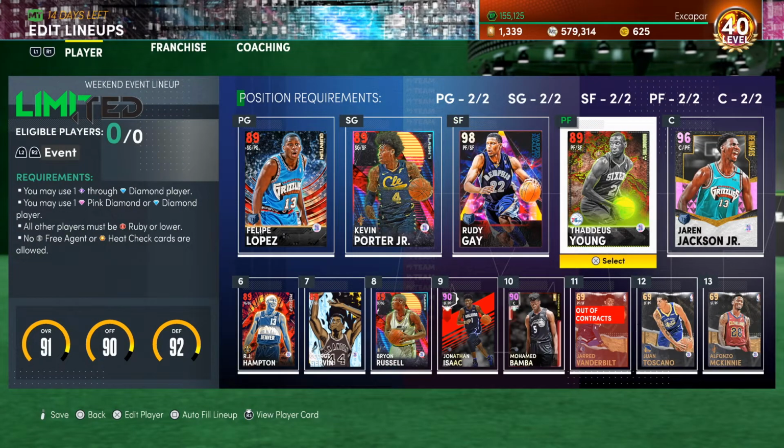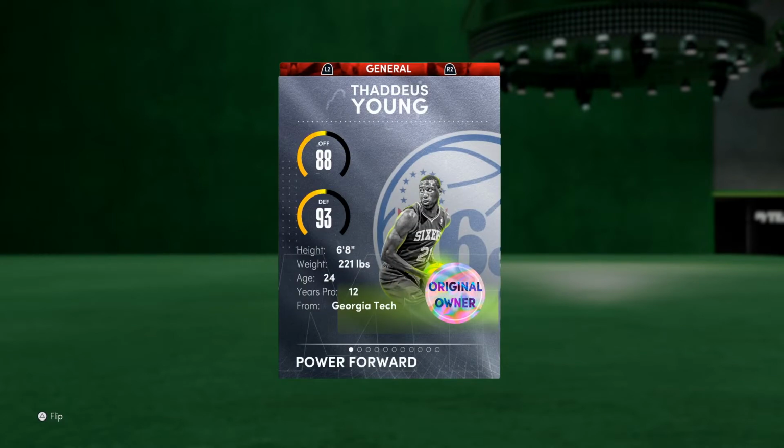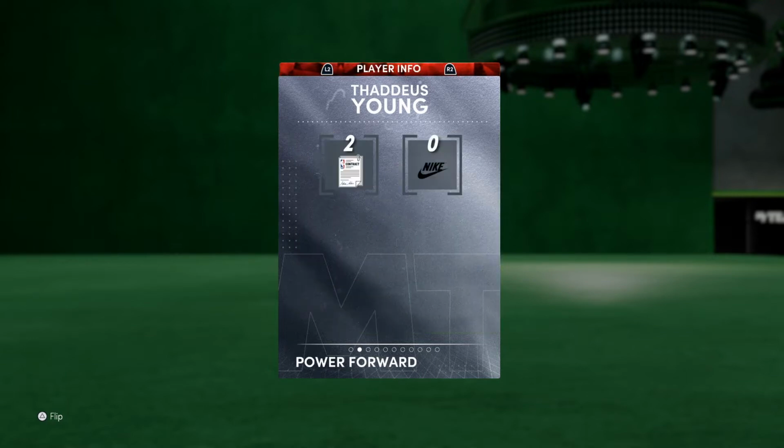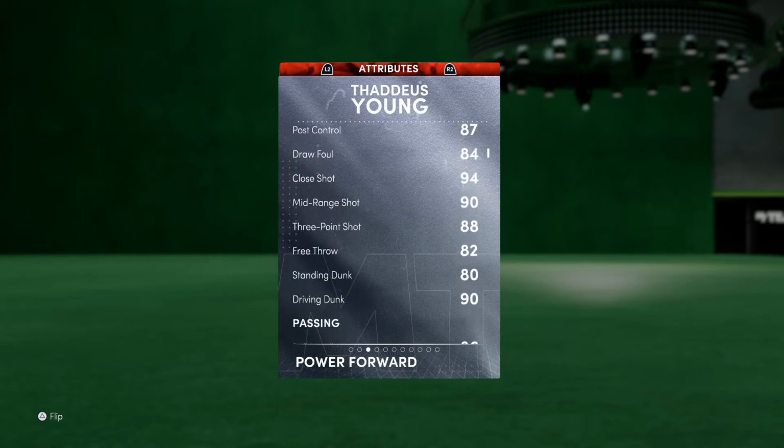Now at the 3 spot, for our 4 power forward, small forwards that I'm going to be recommending, the first one is going to be Thaddeus Young. If you are running this limited weekend and you do not have Thaddeus Young in your lineup, why? What are you doing? Thaddeus Young is a 6'8" power forward, small forward with jump shot 98, or the Dwyane Wade base, on quick with the Kirby slide. Then he has an all-around really good post game, a 90 mid-range, an 88 three-point shot,